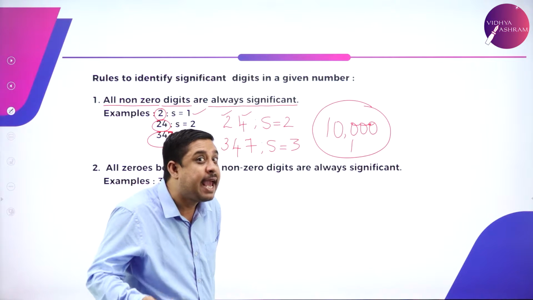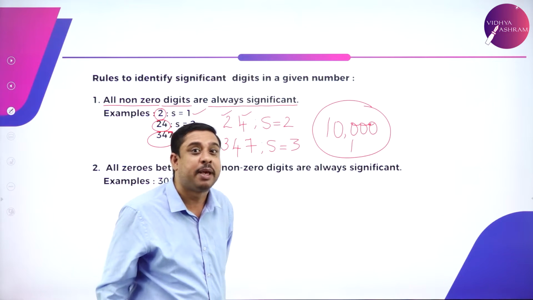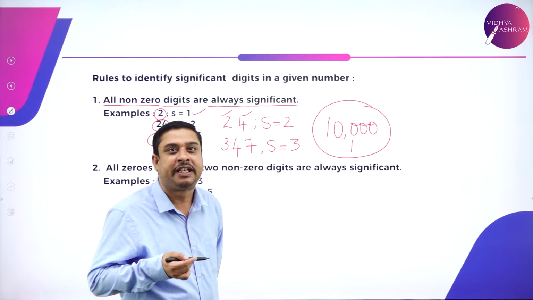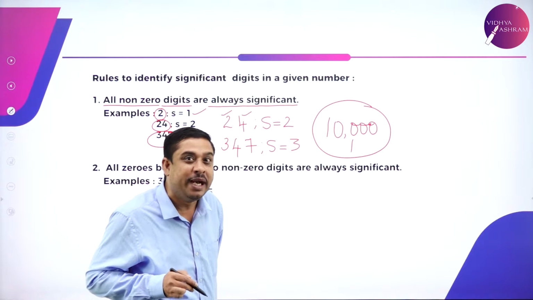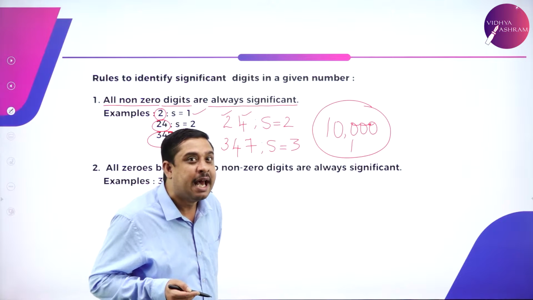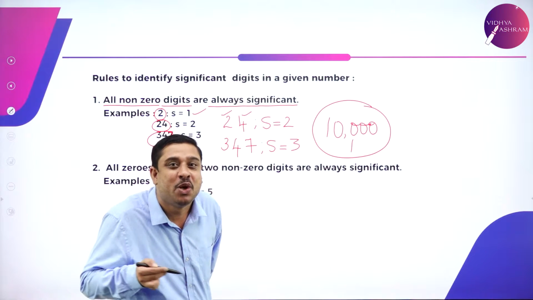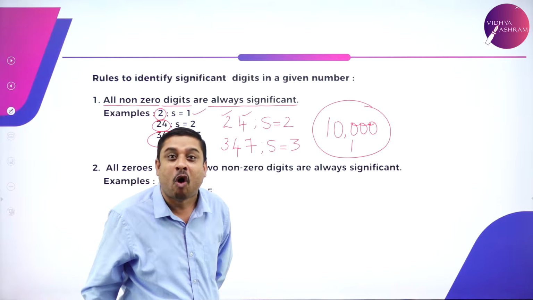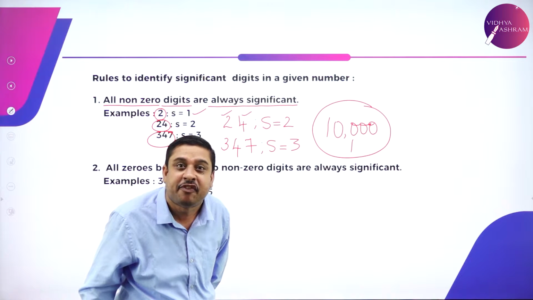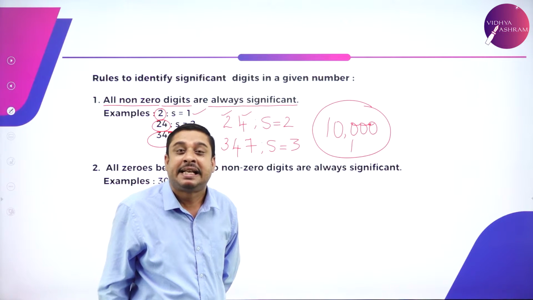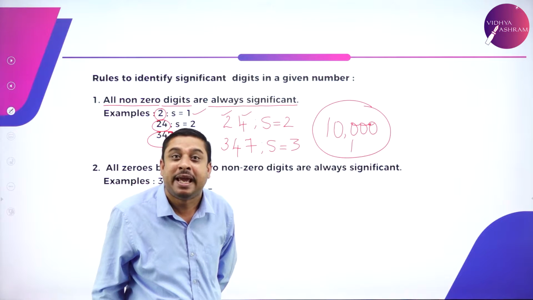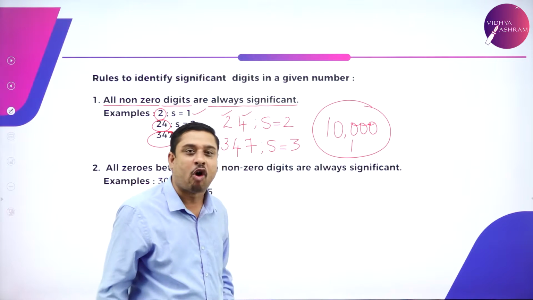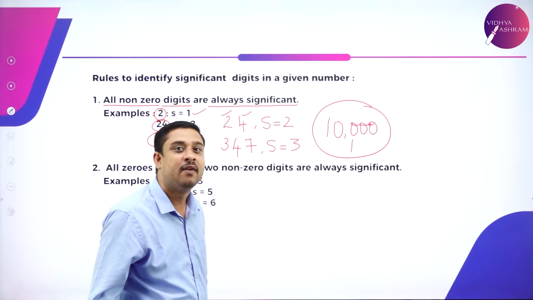So am I to say that all zeros become insignificant? We Indians, after discovering zero, do we try to say zeros are insignificant? Absolutely no. Then when will a zero also become significant? When am I treating zeros to be considered significant? It is according to the second rule, which says